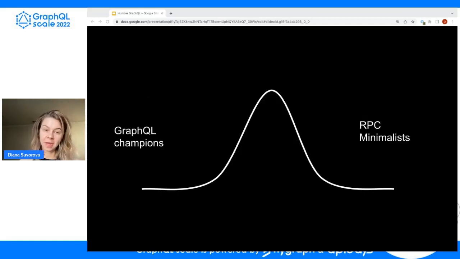So we were running this approach for 2 years at Uber now, and the results are in. And they're not necessarily surprising. You probably could predict where we got by now. So we sort of got this normal distribution of a developer's opinion on GraphQL tech. So one group, let's call them GraphQL champions,